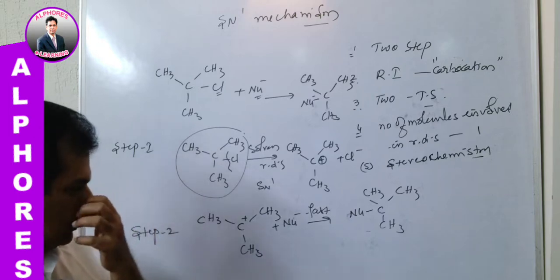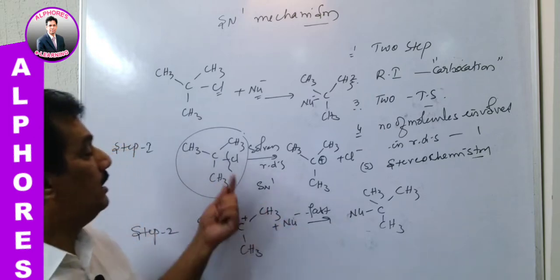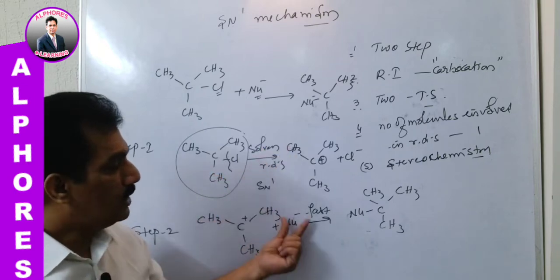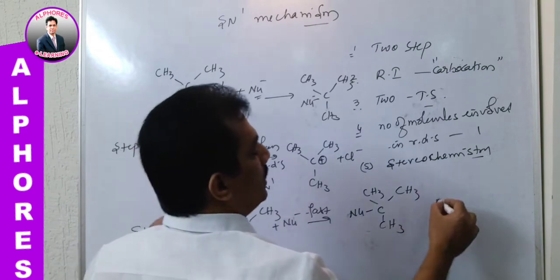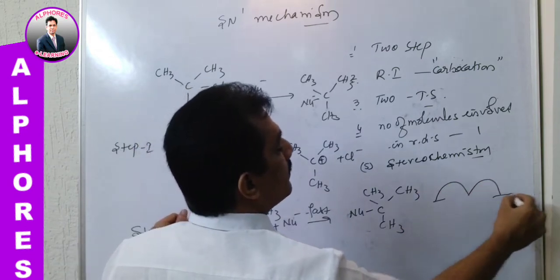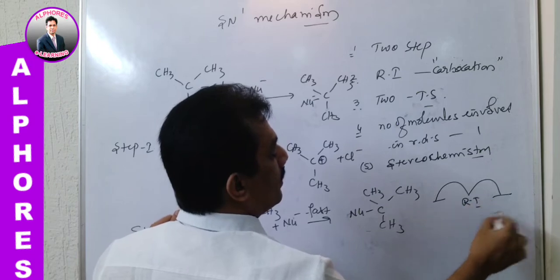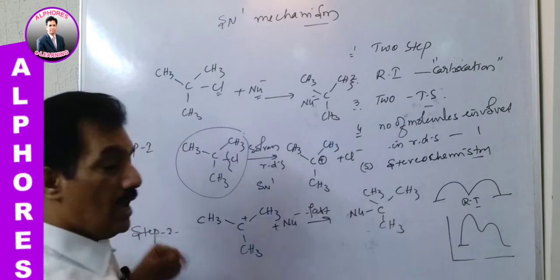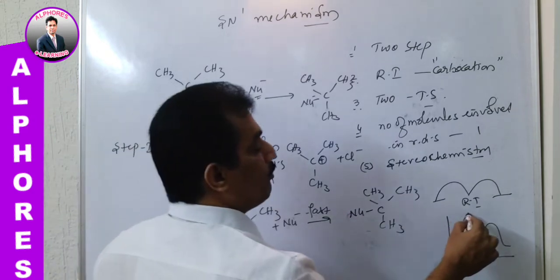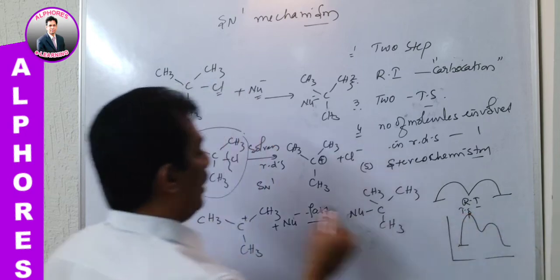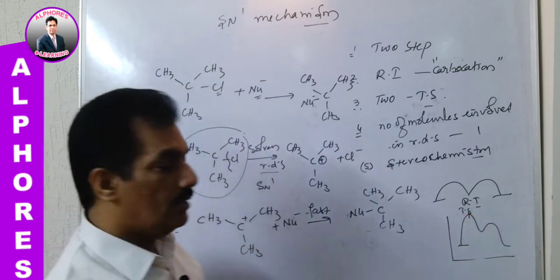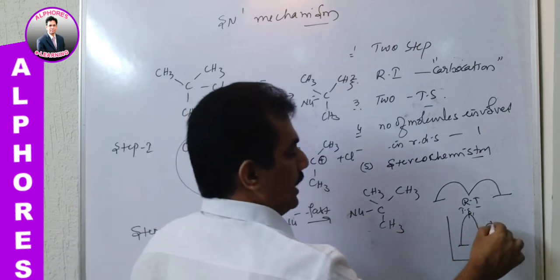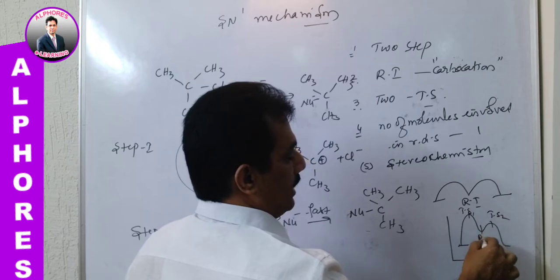Are you following? Now the question is, what happens if the substrate is a stereomer? Here you observe two steps present, hence the energy profile is drawn like this. It is the reaction intermediate, and now the reaction proceeds like this. Why did I write it like that? Because step 1 is the rate determining step, as already given, and when it is the rate determining step, the transition state will have the highest peak, and transition state 2 is nothing but the reaction intermediate.